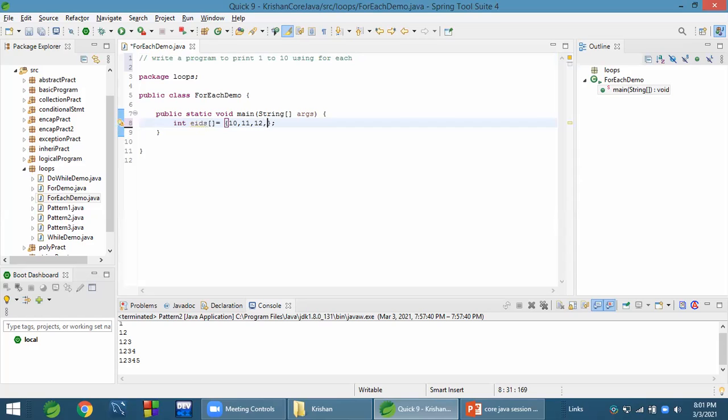Or we can take some small set of numbers, 13, 14, then for EID,